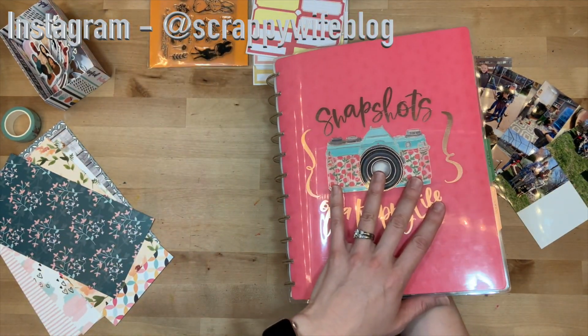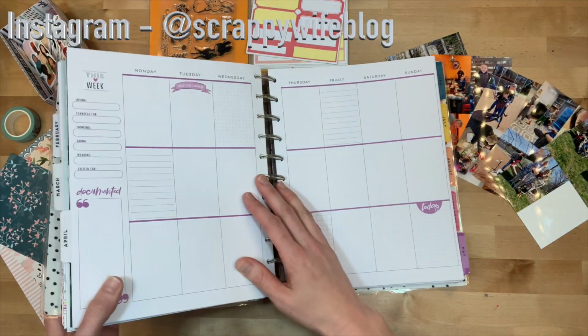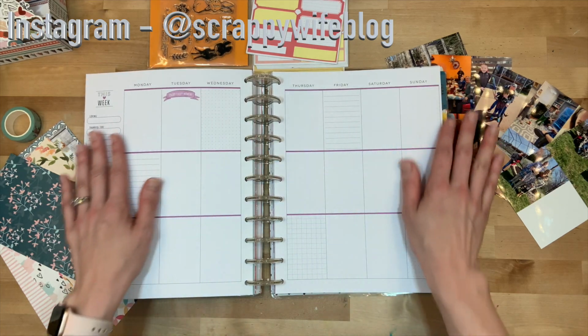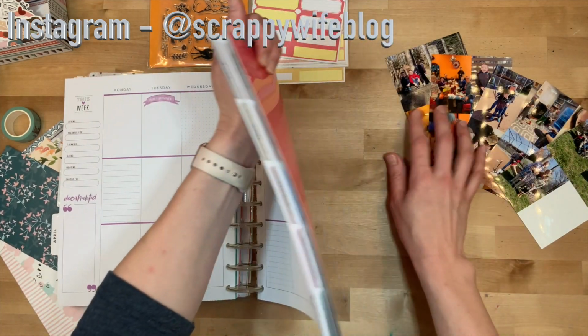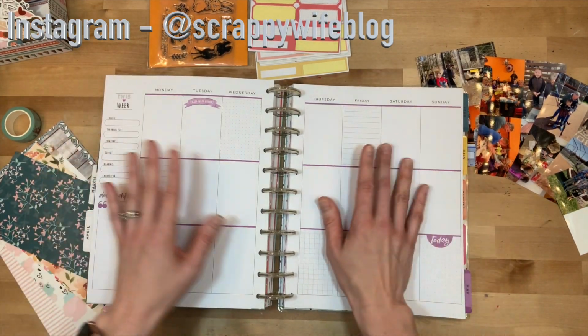I am working in a big vertical classic Happy Planner. It's a vertical big Happy Planner, meant for memory planning. And I am doing the first week of April. So I have a ton of pictures from last week. There was a lot going on, so it's going to be a little bit of a challenge to fit it